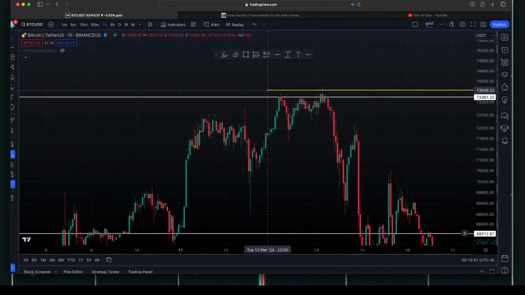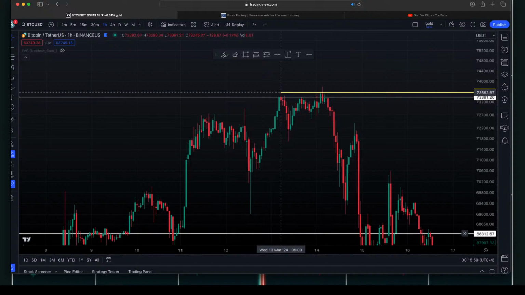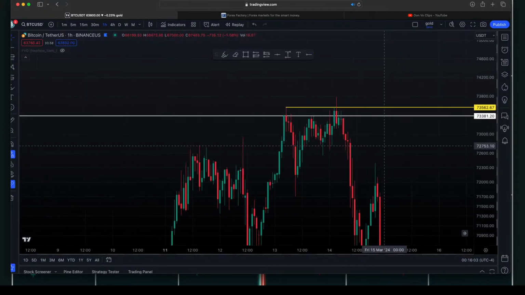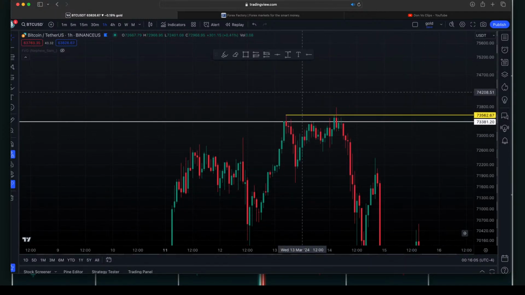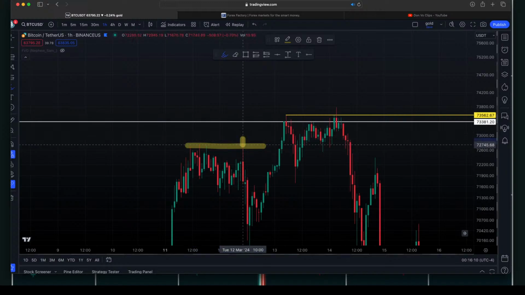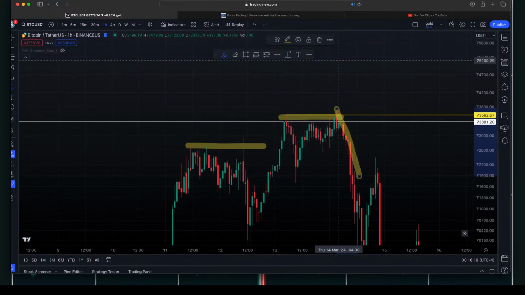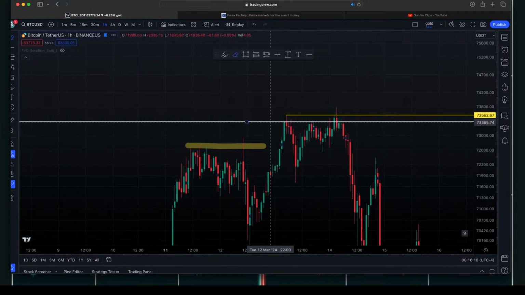And then this was the high that got broken. Look at that high, perfect like that. So I'm trying to figure out, how do I get into a trade? Even look, this high got broken and then it came down. This high got broken and it came down. So it kind of makes sense. So if that's the case,